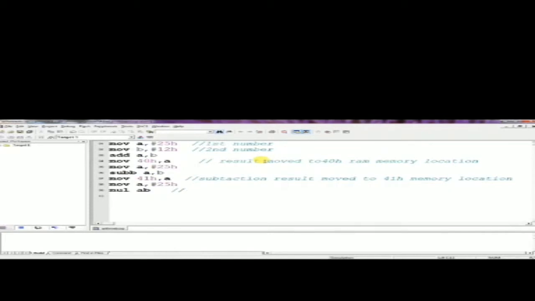The multiplication is done here, A times B.